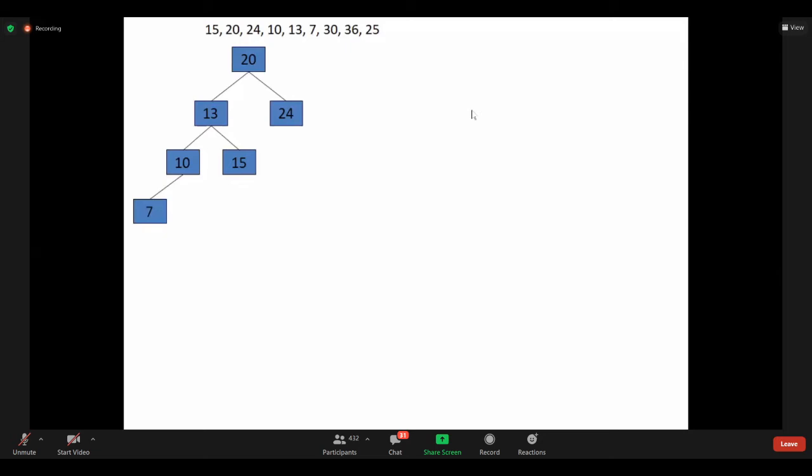For 7, it is 0. For 10, what is the balance factor? 1. For 13, 2 minus 1, 1. Then for 20, 3 minus 1, 2.